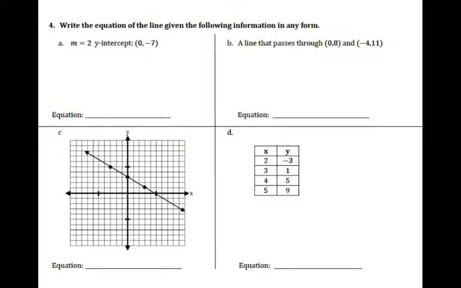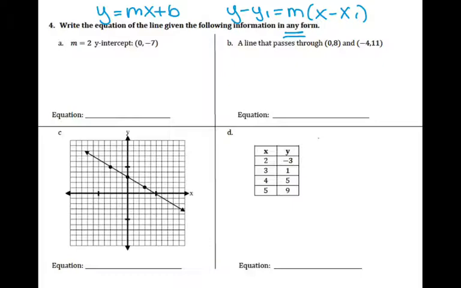Now we're going to equations. It says write the equation of the line given the following information in any form. So any form means I could use slope-intercept, which is y equals mx plus b, or I could use point-slope, which is y minus y1 equals m times x minus x1. Now, a couple of things. In order to use slope-intercept, I absolutely need to have my y-intercept. Point-slope form, on the other hand, can be used with any point, either the y-intercept or any point that is